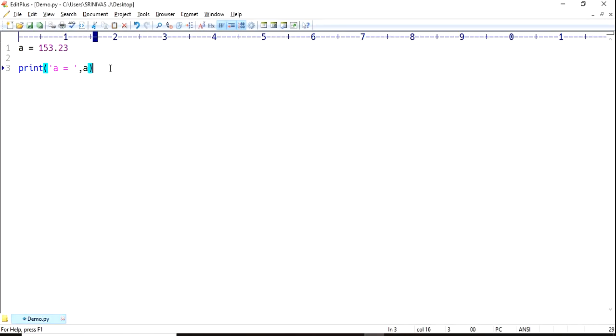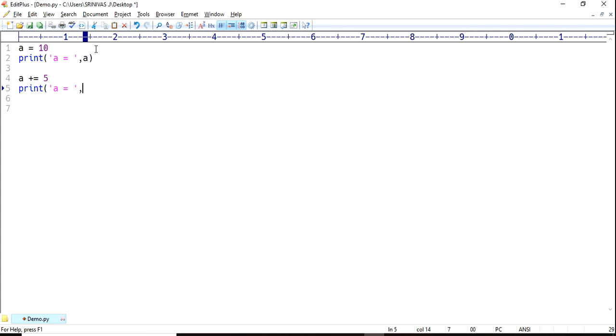Suppose I give a equals to 10, first I'll print the a value. Next I'll apply that concept, a plus equals to 5, and print a.